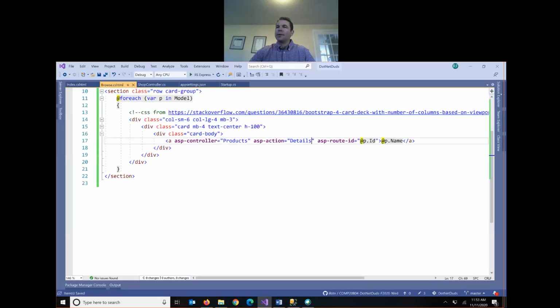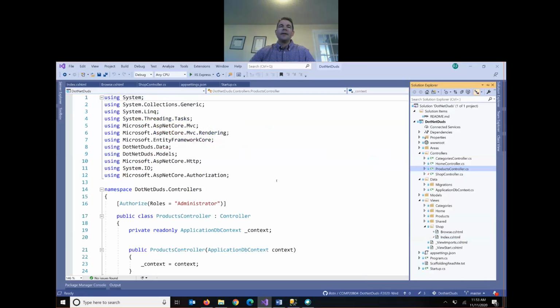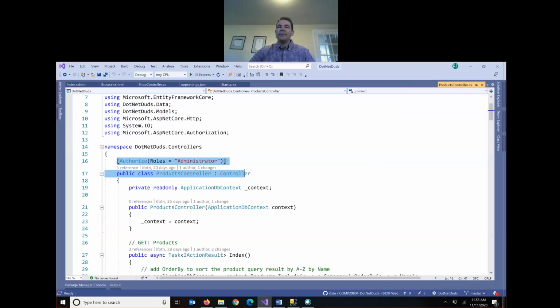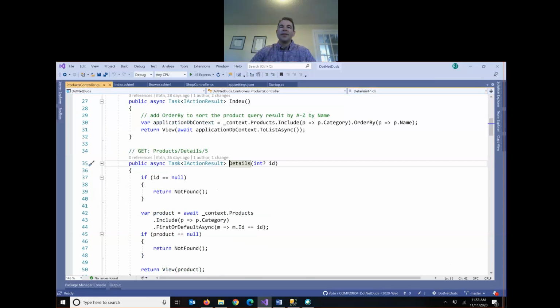I'll open up the products controller. You got it, Dan, that's right. So our products controller, we've said at the controller level, only administrators have access. And that's fine for most of the controller. But if I click my little drop down here, at the top right, it shows all the methods. If I click on the details method, which for me is on line 35,